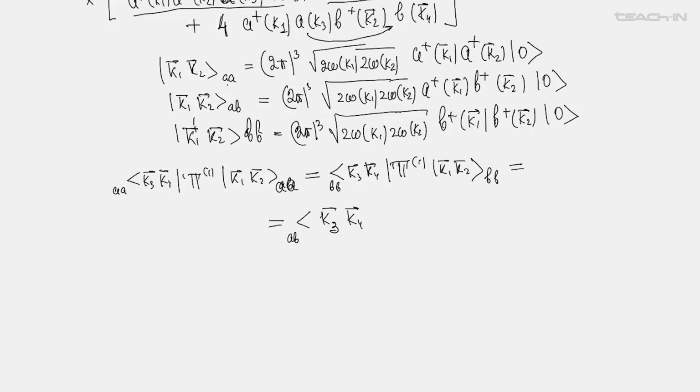So all the time you will discover the one and the same amplitude, AB, like this. Where this amplitude, say AA, k3, k4, T1, k1, k2, AA, will be given by the following expression: I 2 pi in the power 4, delta function, which describes